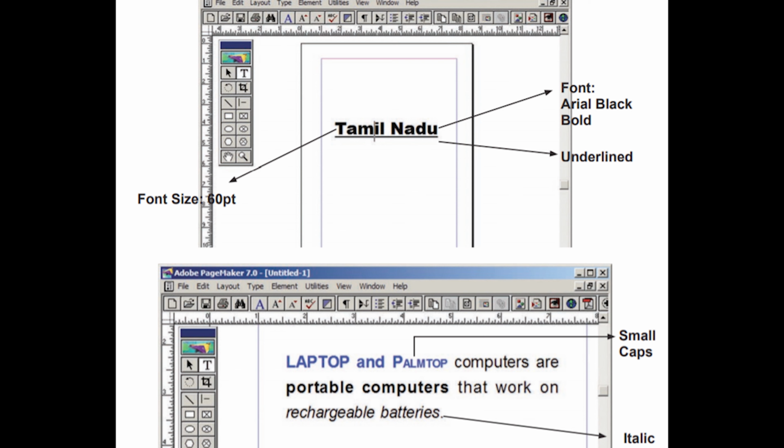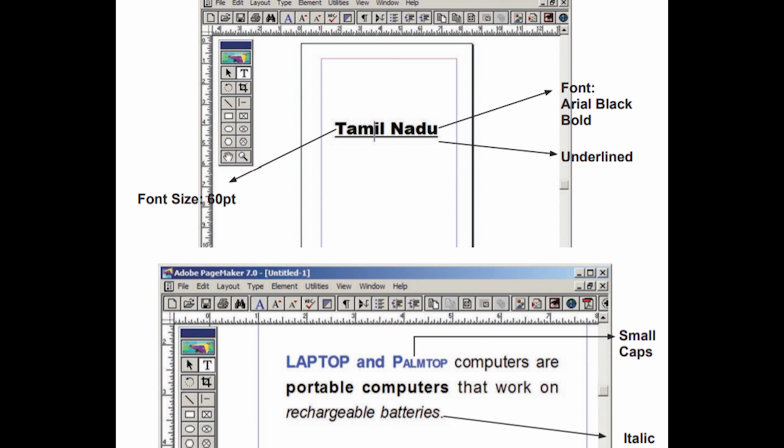In the third line, rechargeable batteries, that line is given in italics. And in palmtop, they are giving the P in normal letters and ALMTOP in small caps. These are the modified character attributes using the character control panel.